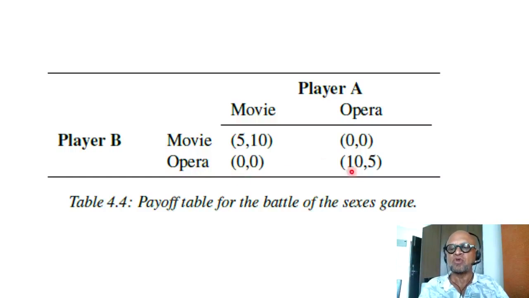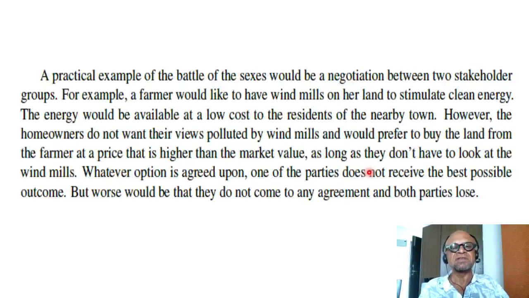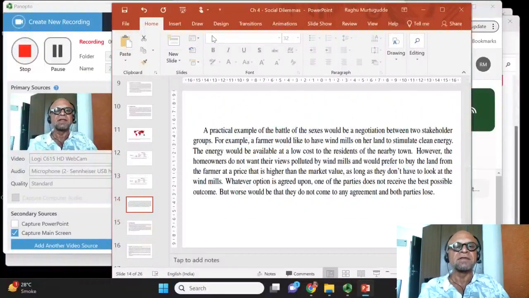So if both go to opera, but this one has made the non-ideal choice, let's say, then the opera person gains, but the other one gains less. So both have a benefit of enjoying each other's company, but you are watching an opera instead of the movie. You get the idea. So this extends to other stakeholder groups, which I'll come back and do in the next podcast,